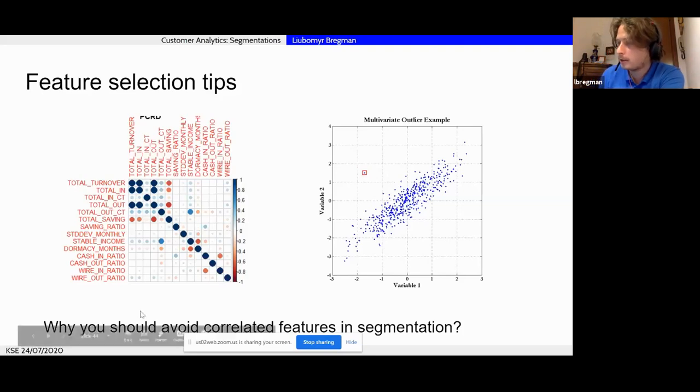Well, also we see that there is a strong negative correlation between cash transactions and wire transaction share. So if people don't use cash, they use electronic transactions. If they use cash transactions, they don't use electronic transactions. At least it's highly interdependent. So a general tip is don't include two highly correlated features at the same time.